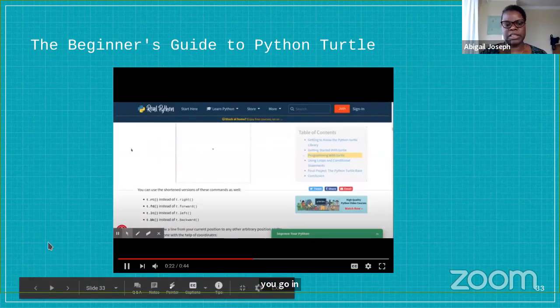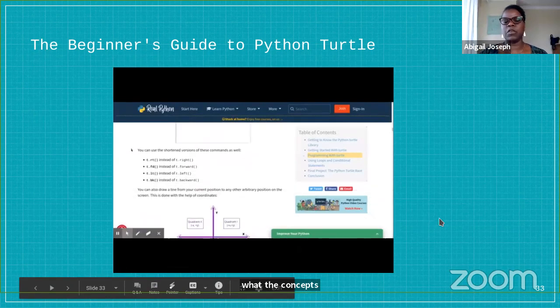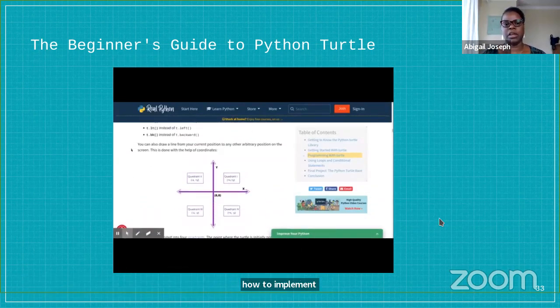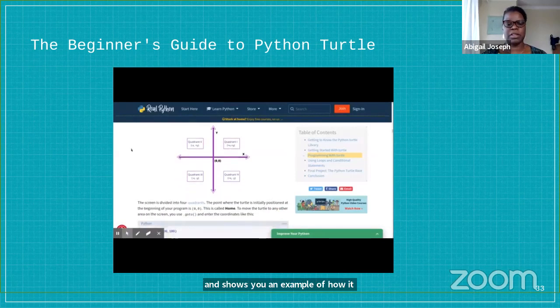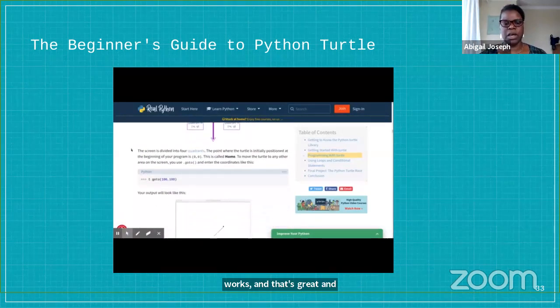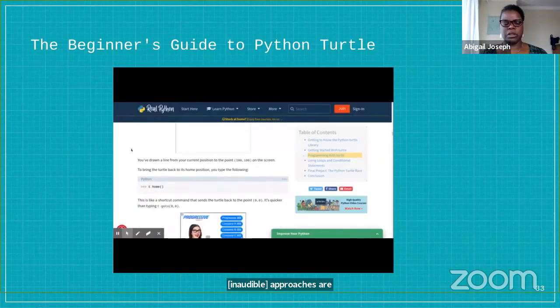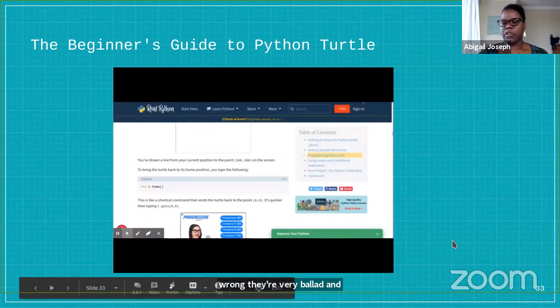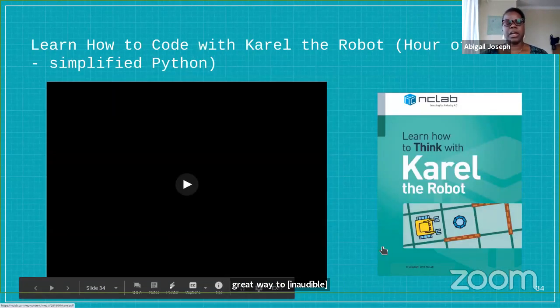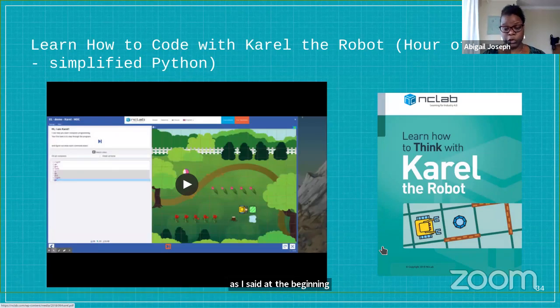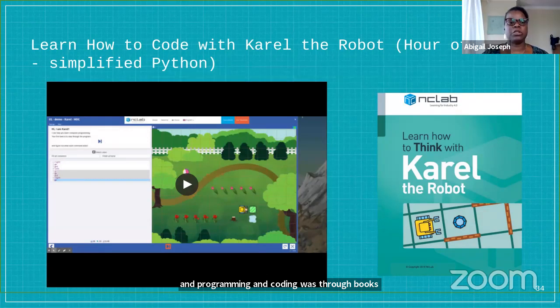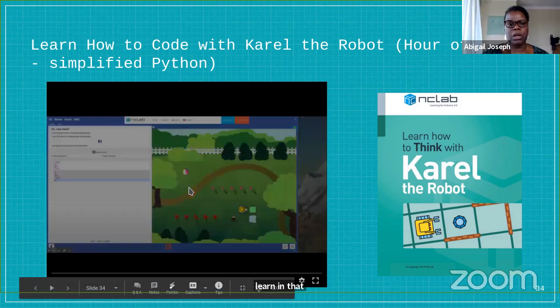And that's great. And as I said, none of these approaches are wrong. They're very valid and a great way to learn. As I said at the beginning, this is primarily how I learned to be a computer scientist, and programming and coding was through books and tutorials and things like this. However, not every student is going to learn in that manner. And so we definitely want to think about how to create opportunities for students to not just follow a set